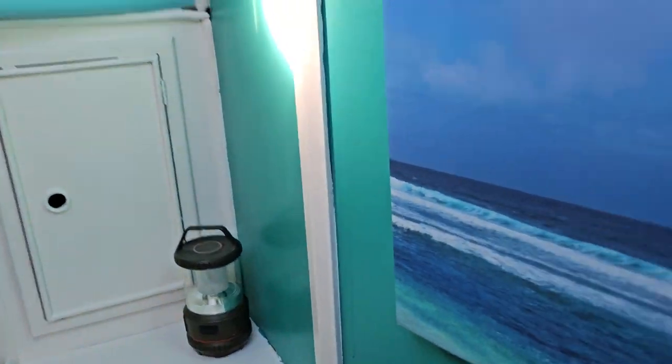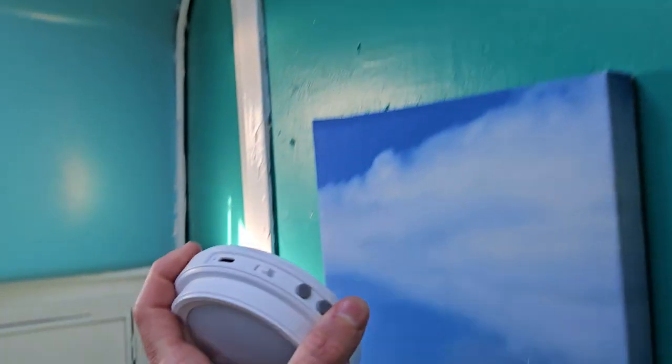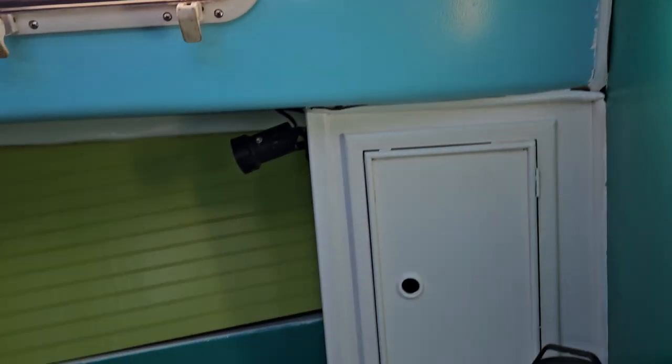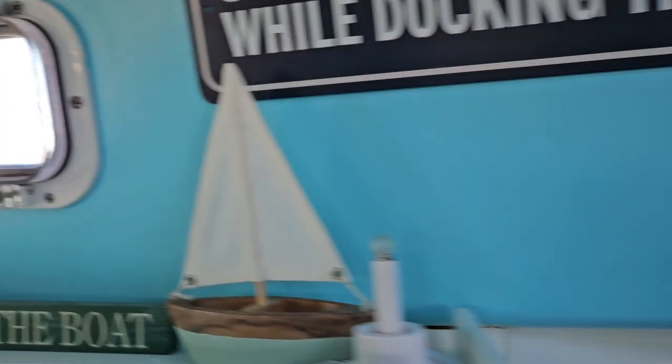Way, way, way better. And then I put a lot of these magnetic lights everywhere, just because why would I use my batteries when I can use these? I'll get to the batteries in a second. So yeah, and then what I actually did, and it turned out fairly well,